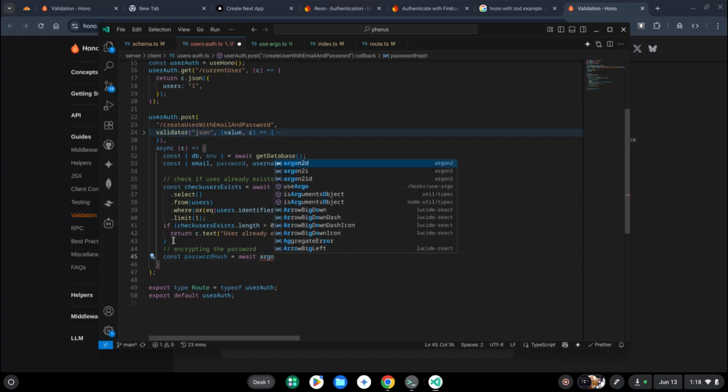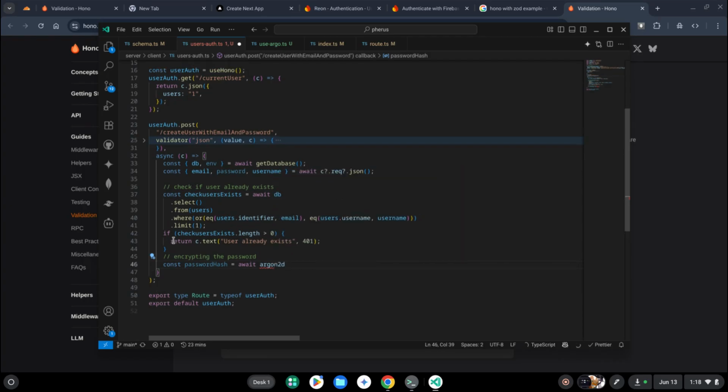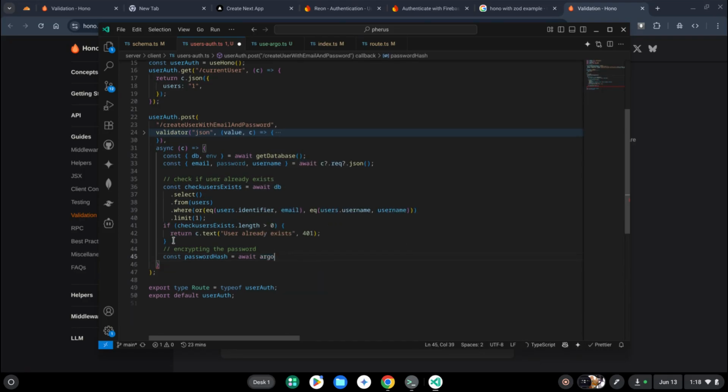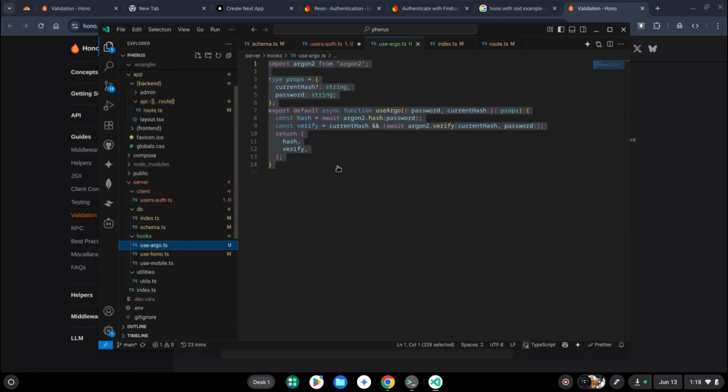We used argon, sorry, I've always messed up with this. We want to use this, use argon